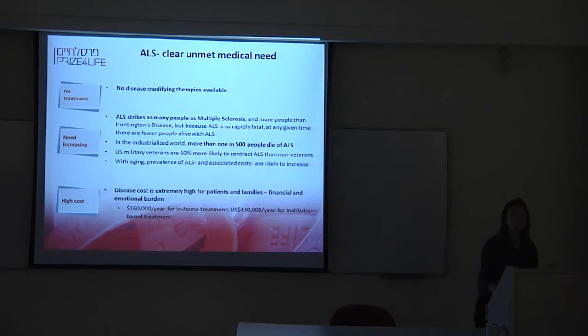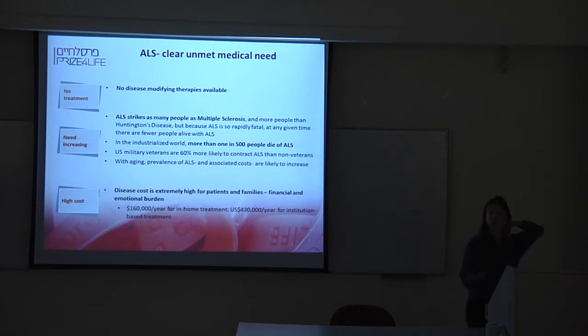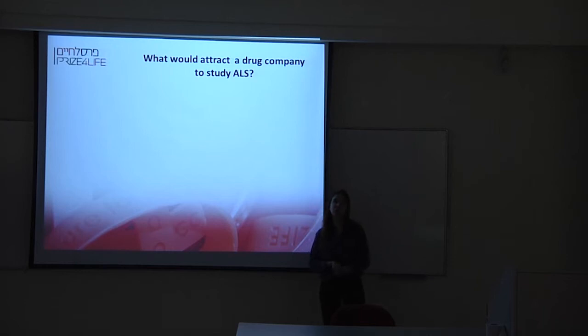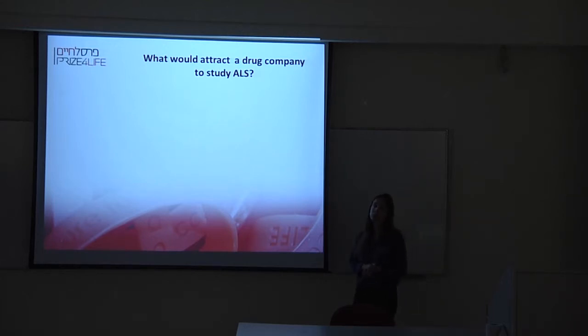So there is a balance between the number of patients and the need. The number of patients is small, the need is very high. So in that sense, ALS is not doing that badly. There are diseases that are more common and also have high need, but that would still be a good consideration. But as the newly minted CEO of a large pharmaceutical company, you have all this money, but you have to choose to invest only in several diseases. What would be the criteria that you would like to establish to choose what to invest in?